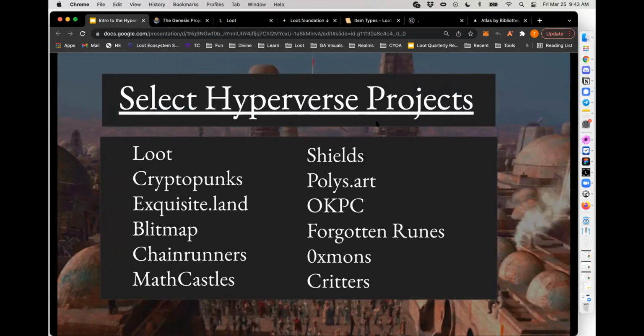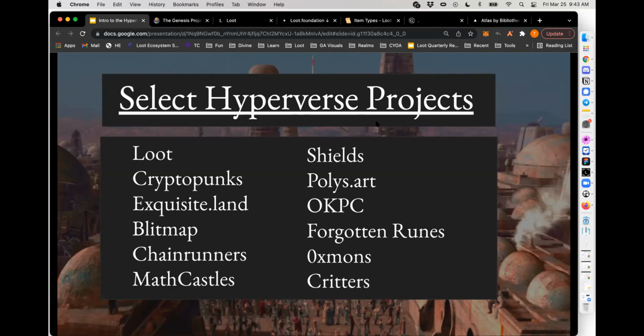But I just wanted to share some select hyperverse Web3 projects that I love and that I think represent the ethos of this universe. Loot, obviously. Punks now, though Punks is going through its own change in the world, so maybe this needs parentheses around Punks, I don't know. But projects like Exquisite Land, if you haven't seen that, is freaking incredible. Collaborative art creation.